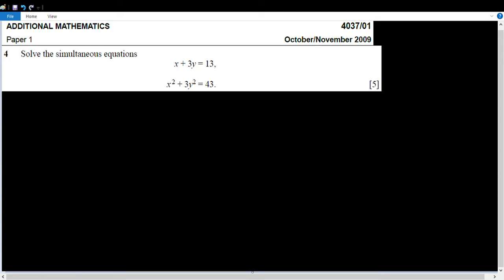So basically this is a question regarding simultaneous equations, and this is from past papers. It came in October November 2009 in paper 1, and the code was 4037, that is the code for additional math, and it was variant 1. Okay, so we are supposed to solve these equations